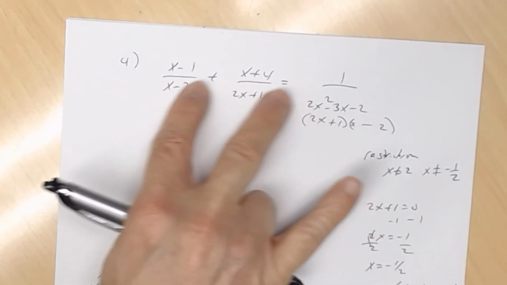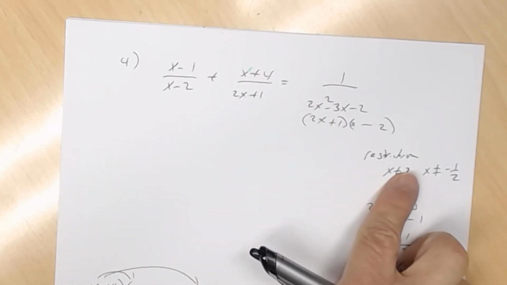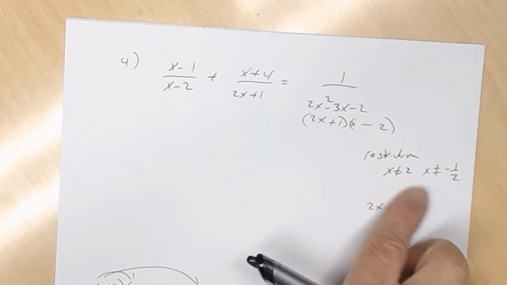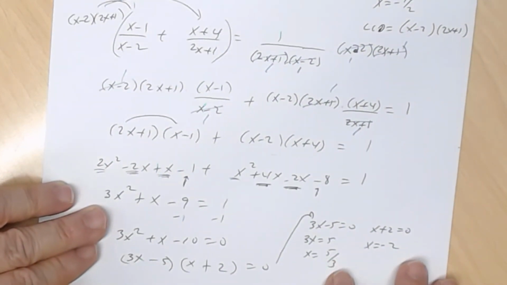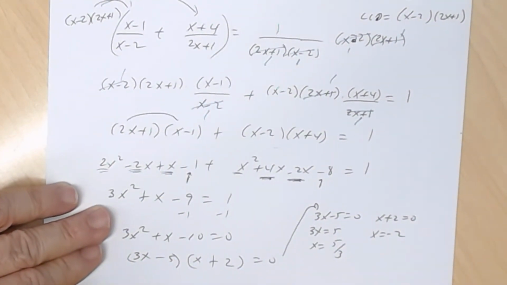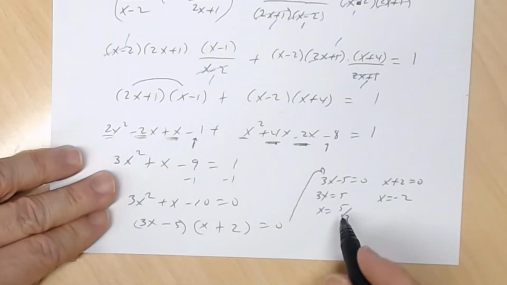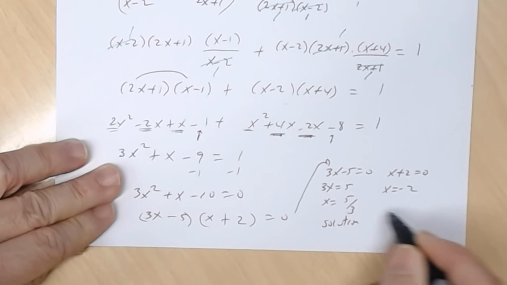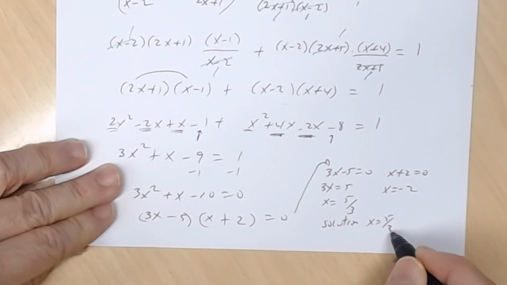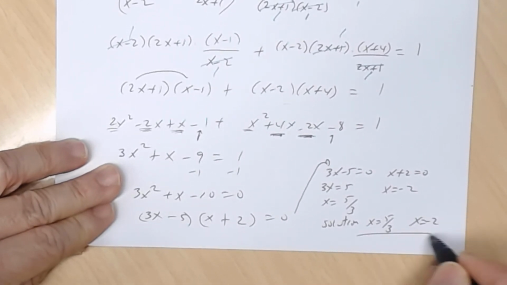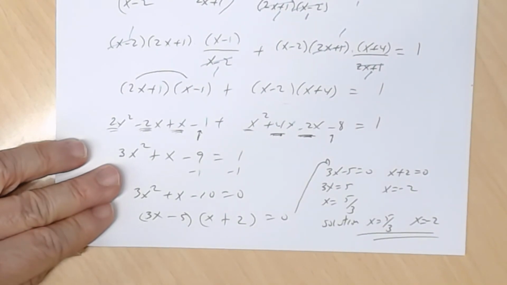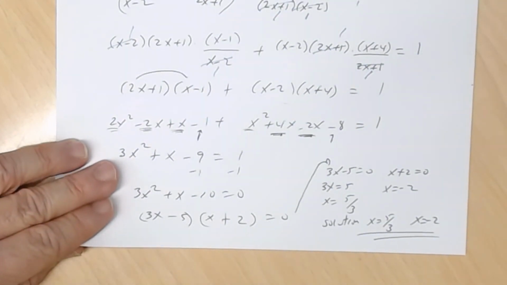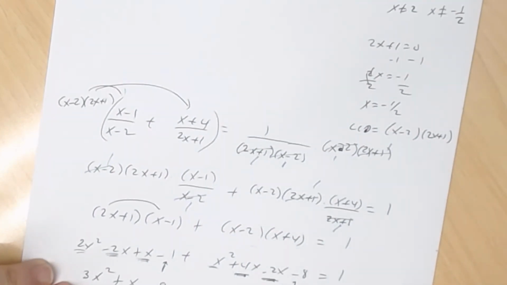But the question is, are they solutions to the rational equation? Well, look at your restrictions. My restrictions are 2 and negative 1/2. Are any of these your restrictions? No. This is 5/3 and negative 2. So your potential solutions are actually your solutions. So my solutions are both of those. x equals 5/3 and x equals negative 2. Okay? All right, so that was part 3 of